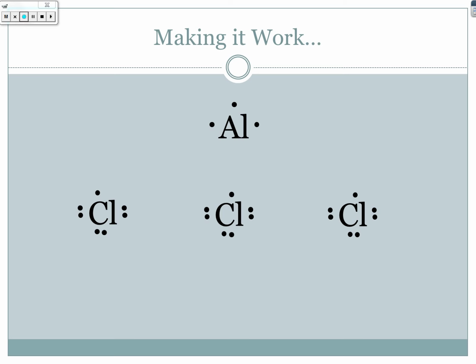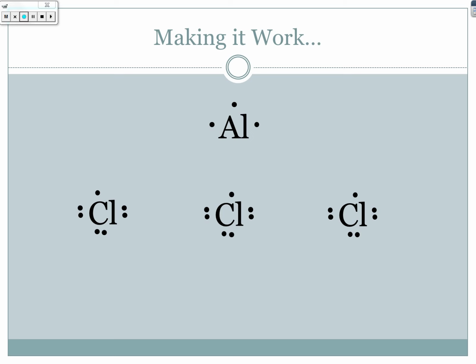And so I can't just take one aluminum and one chlorine and make it work. If the aluminum donates 1 electron, then 1 chlorine is satisfied, but aluminum is not satisfied. It then still has 2 electrons to lose. So in order to make it work, we actually have to have 3 chlorine atoms, or 3 atoms that would be willing to accept an electron, and the 1 aluminum atom that is going to donate all 3